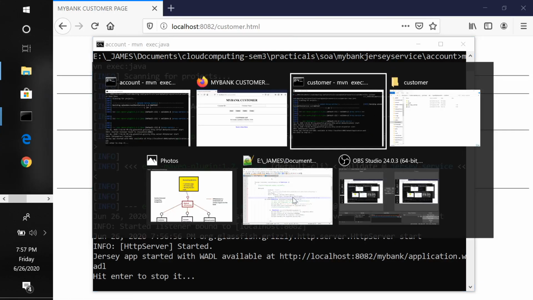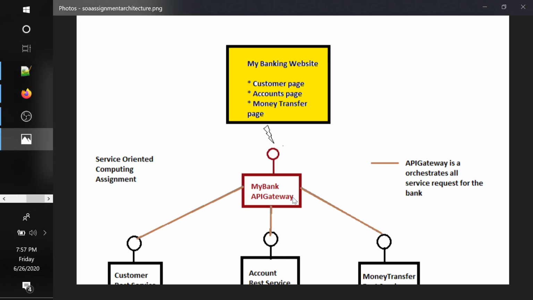So what is the solution? That is something you can look into, or you can try to answer, but according to me, this bank API gateway has to run on the server. It has to run like a REST service, just like any other service. So the security issue may go away once you push this behind the server. Right now this is running on the browser, and that's the problem.